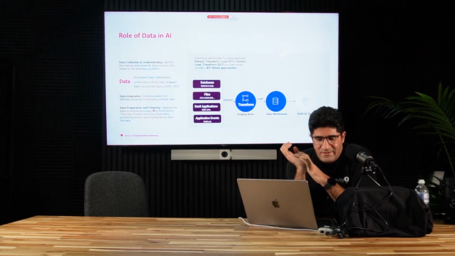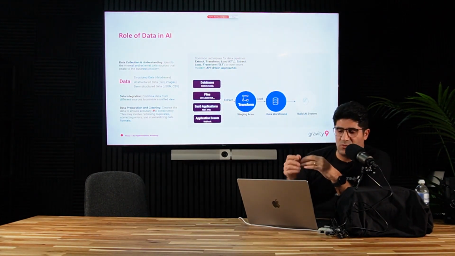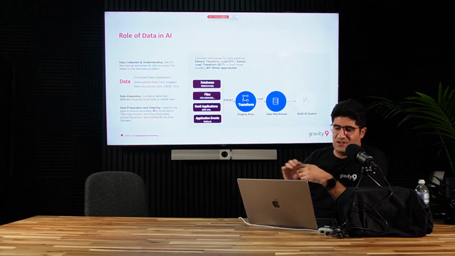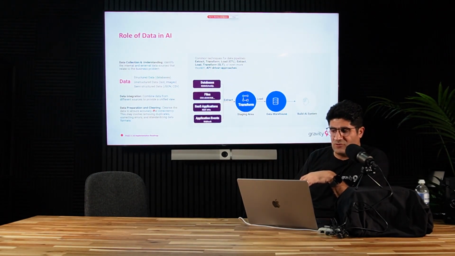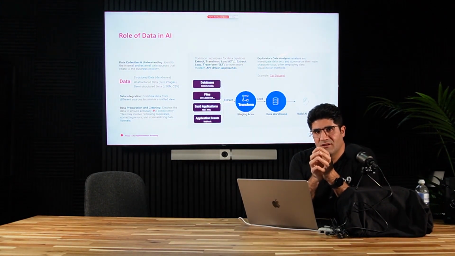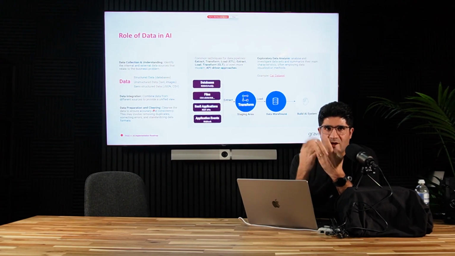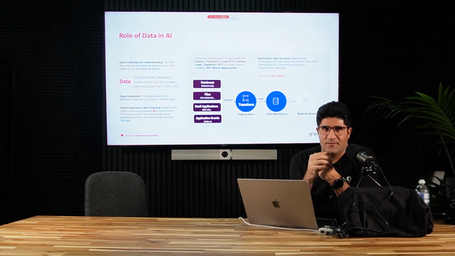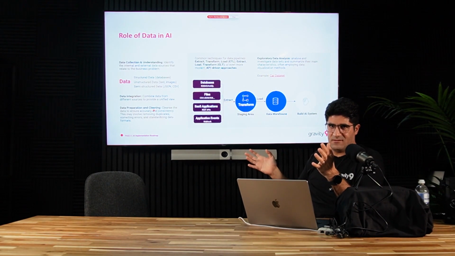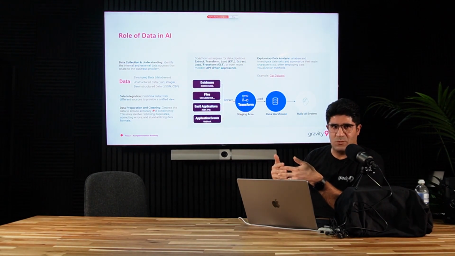Or maybe the data is not in a format suitable for training the AI model. Because of that, data preparation and cleaning is another step we need to consider. And when we clean the data, we can run the exploratory data analysis, which we call EDA. EDA is a process that tries to visualize the features of the data. If you have a data set, how can we understand the statistical aspects of it?